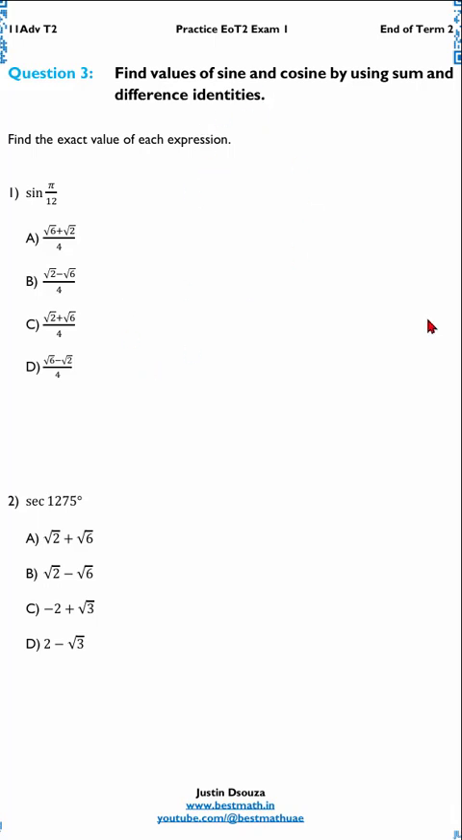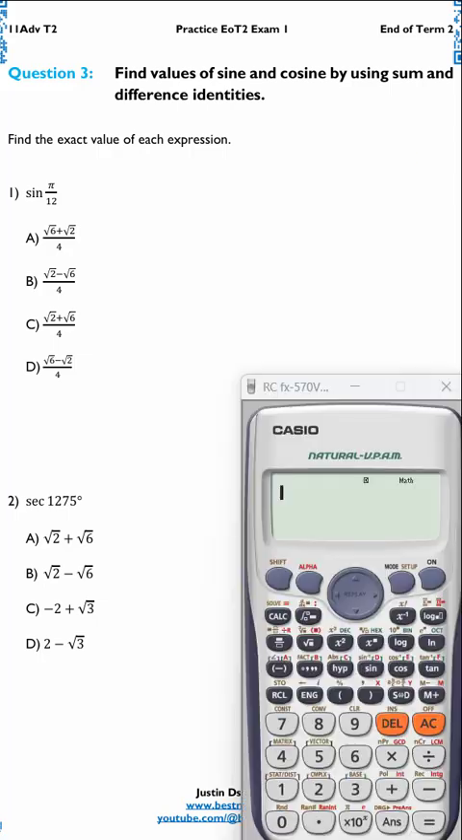Find the values of sine and cosine. This is pretty easy. Let's just use our calculators and solve these up. If you look carefully, this is in degrees. So I'll do that first. 1 by cosine is secant. 1 by cosine,